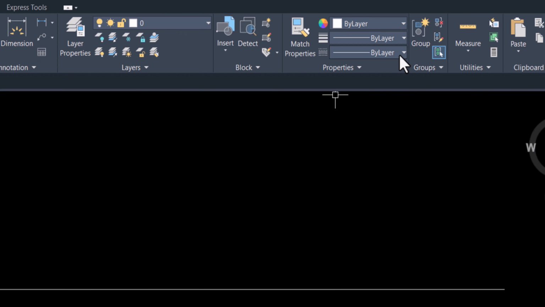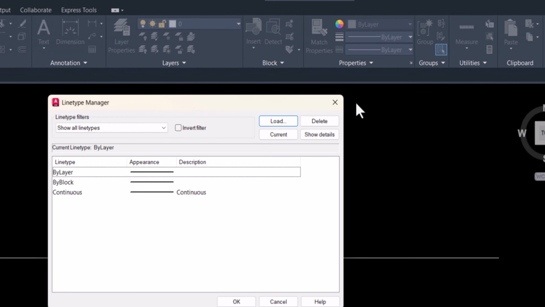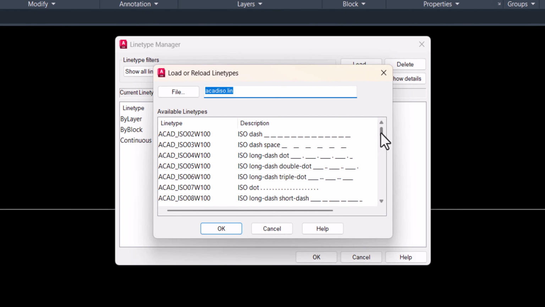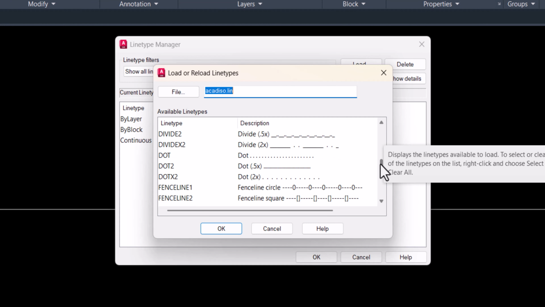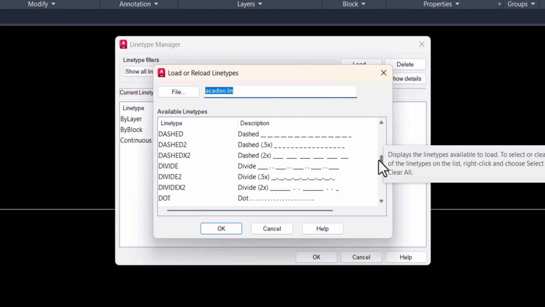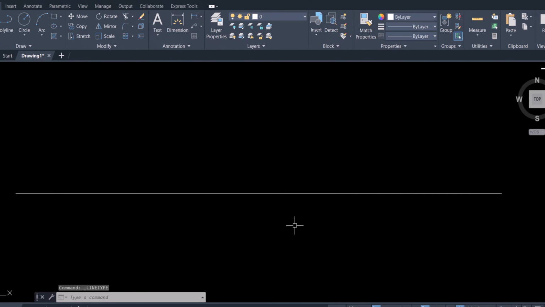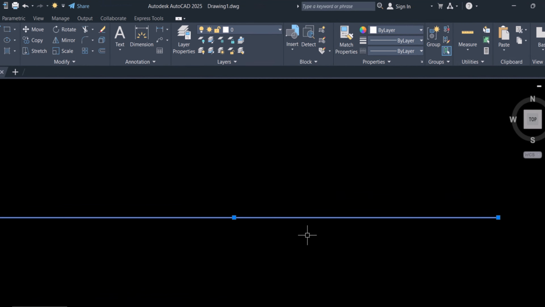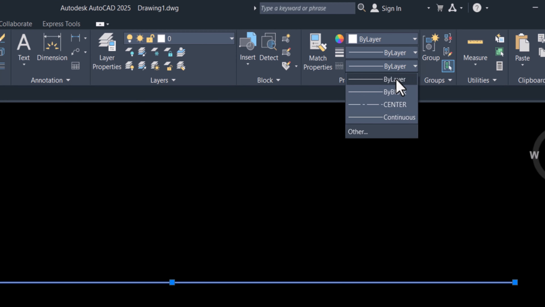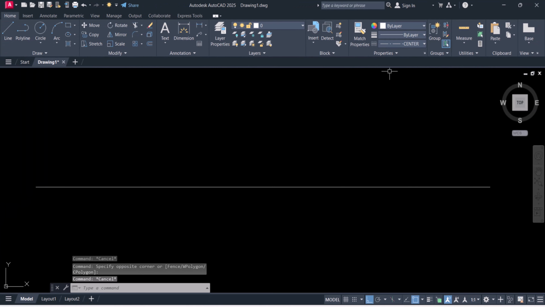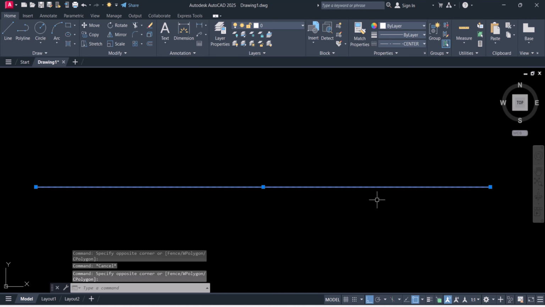Click here by layers and you will find the center line is not showing in the by layer drop-down box. Click others, click on load, and here you can select any lines as per your requirement. I will select here center line. OK and OK. Now select the line, click here, change to center line, but still the center line is not